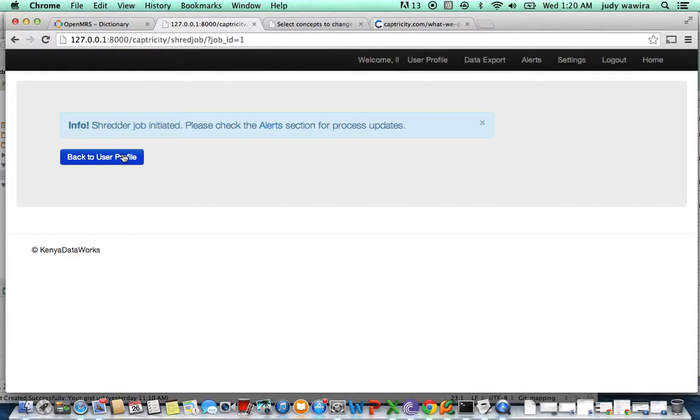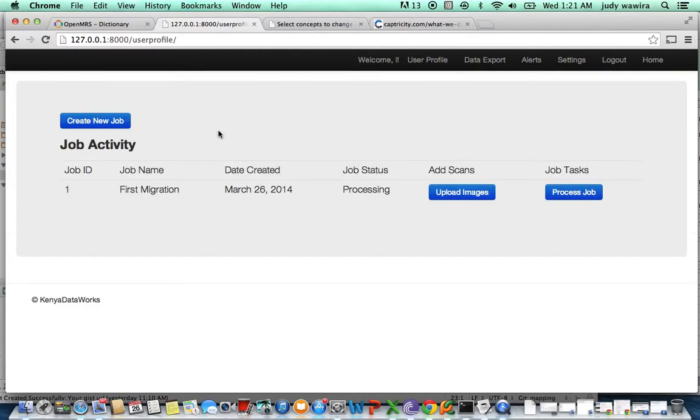Which means a site with approximately 1,000 cards can take 2 days to turn around. So once you're done with your first migration, which you don't necessarily have to do if you just have CSV data,